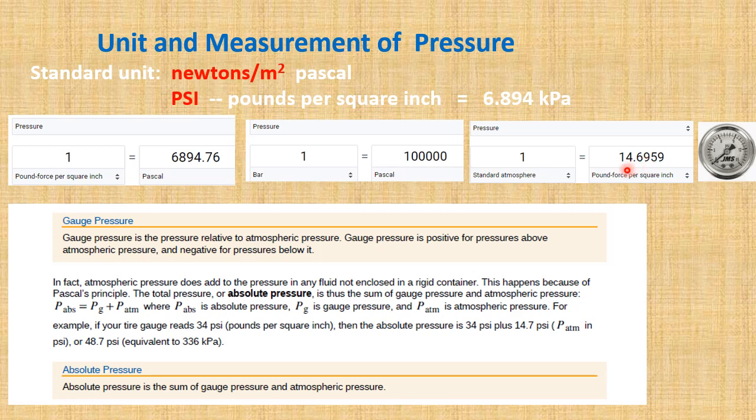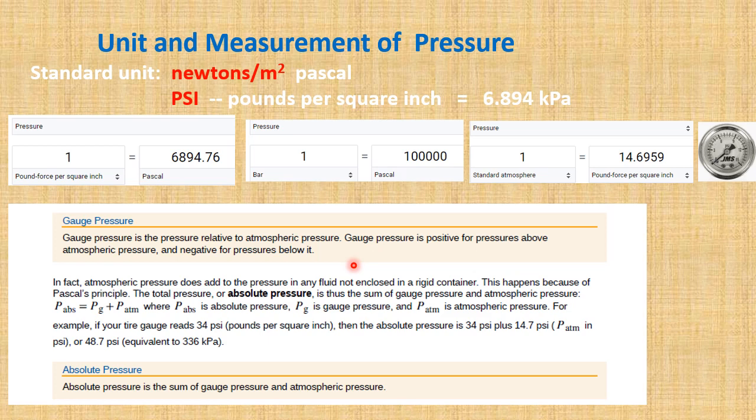If you want to imagine how strong the atmospheric pressure is pressing on you, it's like the tip of your thumb having 6 or 7 pounds, because 1 square inch will have 6 or 7 pounds. You're holding your finger with 6 or 7 pounds. That's not a big pressure, but quite significant. So that's this. Another quantity we frequently use, when we measure the pressure on a tire, is called the